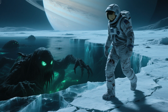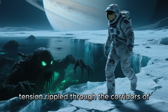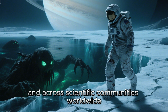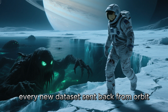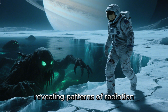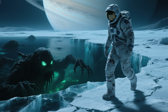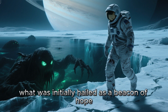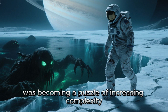As the Europa Clipper mission edged closer to its critical phase, tension rippled through the corridors of mission control and across scientific communities worldwide. Every new dataset sent back from orbit peeled away another layer of the moon's icy facade, revealing patterns of radiation and chemical reactions that defied expectations. What was initially hailed as a beacon of hope, a potential cradle of extraterrestrial life, was becoming a puzzle of